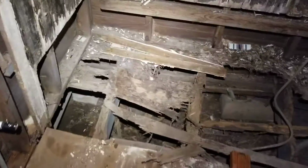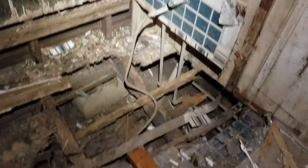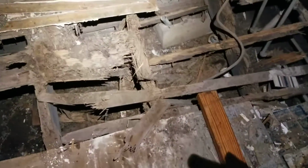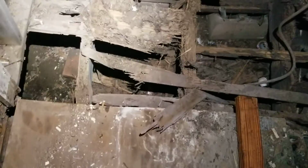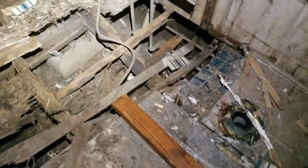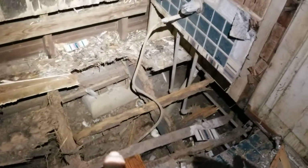Guess I should have videoed before, but this is where the tub was sitting. I do believe it is pretty much rotted. I'm gonna have to find me a way. I guess I'll take all this floor out and then I can get under there and start. It's like that pier right back there